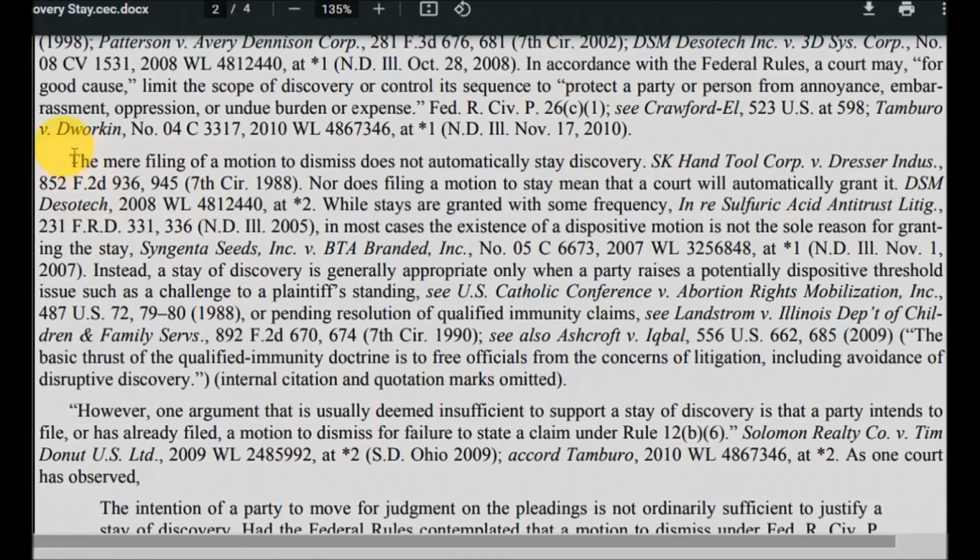Now, here's what slightly favors you. The mere filing of a motion to dismiss does not automatically stay discovery. A motion to dismiss, as mentioned in these videos,